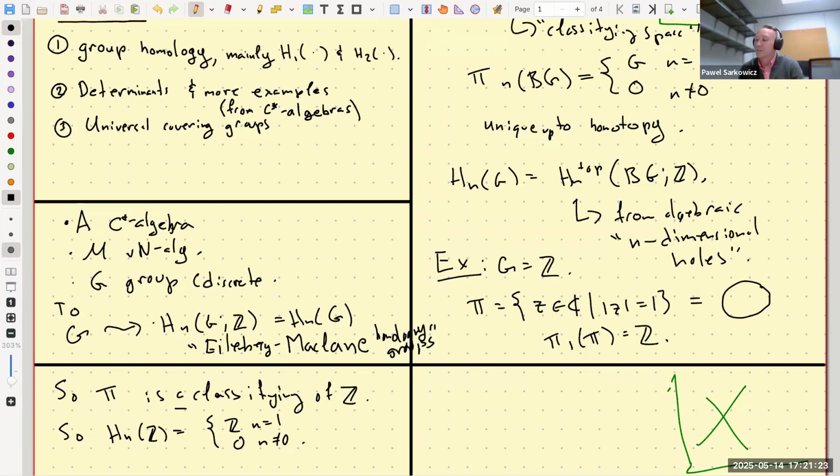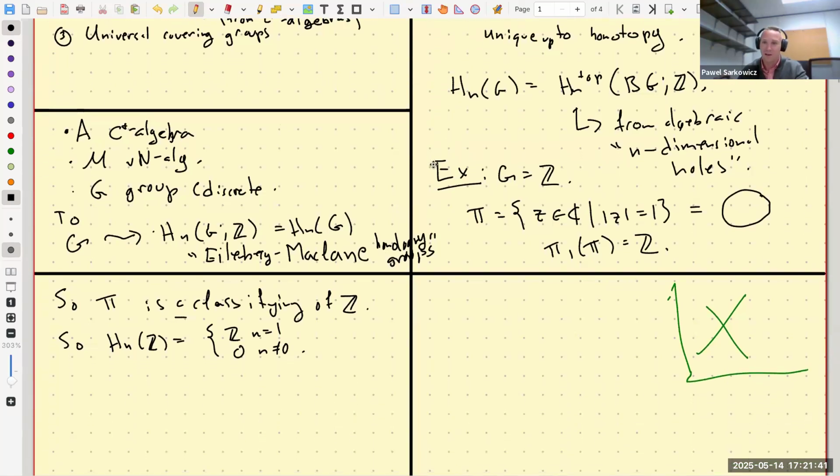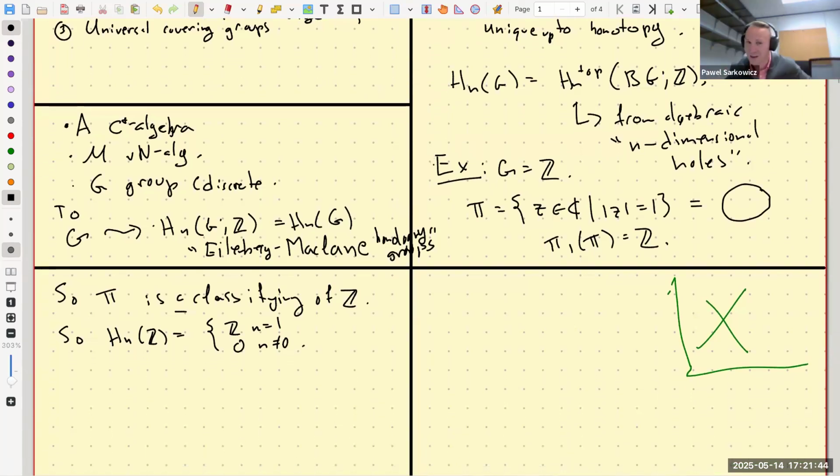Okay. I will say there's another definition of homology that doesn't come from the classifying space. You could define this purely from functors and things like this, and it's actually a theorem that they agree. Okay, so let's write down some basic facts about these things and then look at some examples of homology groups of groups. So in general,